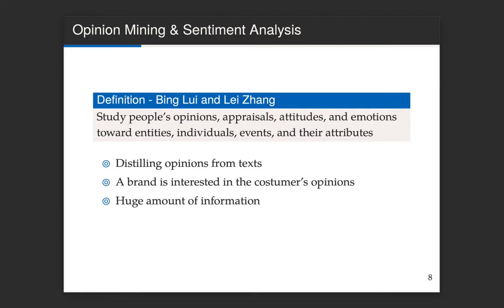One of them is for the manufacture of a particular product. So, for instance, let us talk about mobile phones.